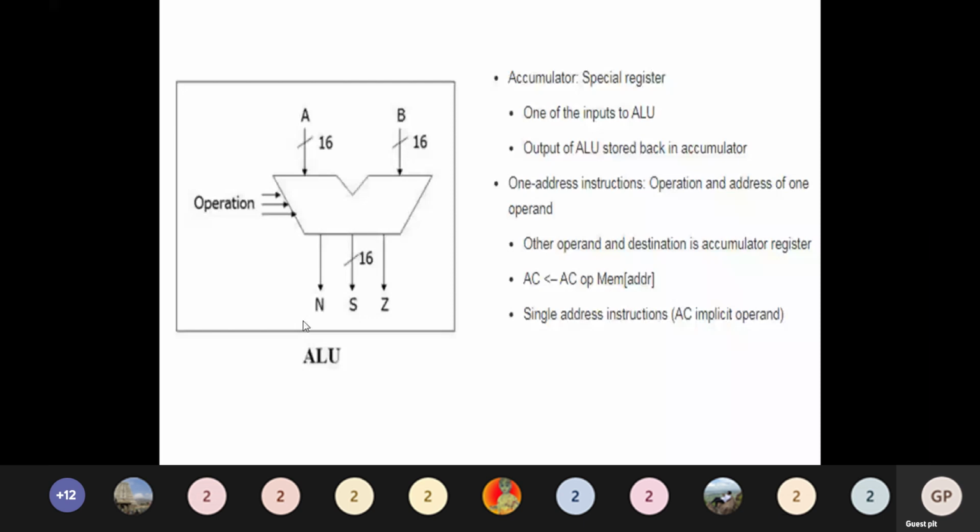Then the other one is the instruction path. First is data path, next is instruction path. So here you have the program counter, instruction register, and relationship to data path. The program counter, we know, keeps track of the program execution. It also has the address of the next instruction to be executed, where the next instruction should be read. It will have the memory address. So automatically it is incremented.